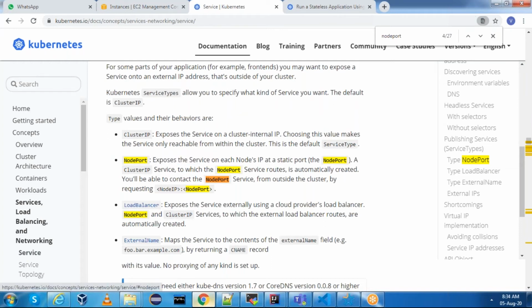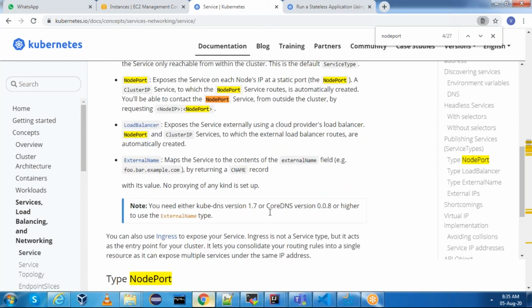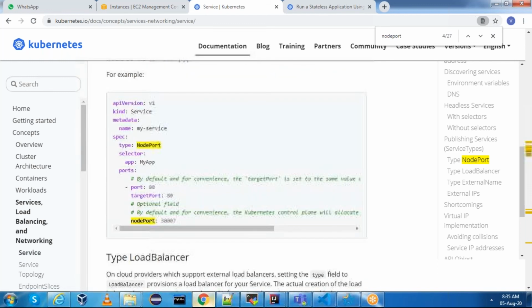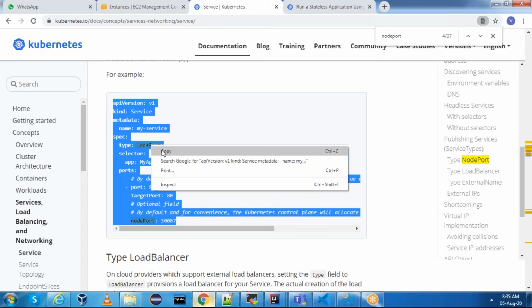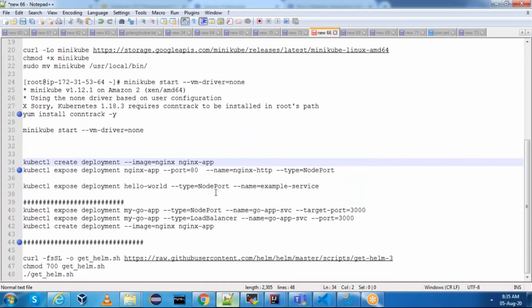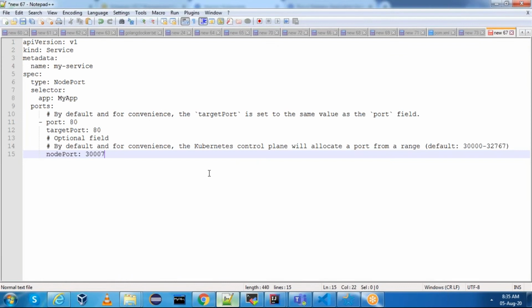That is the reason we are going to use node port. For load balancer, we need some cloud provider load balancer. As it is a normal EC2, I'm not doing that. I will just do it with node port. Let me copy this. This is the one.